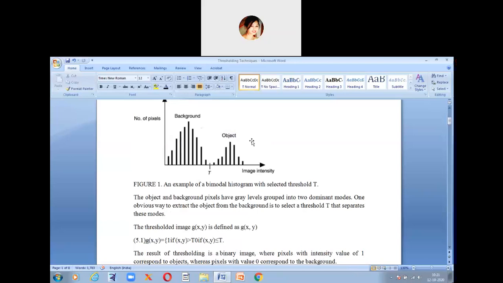The thresholded image, that is, the output from this histogram, is g of x,y.